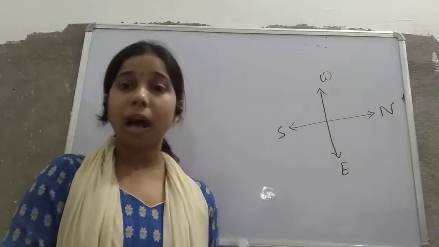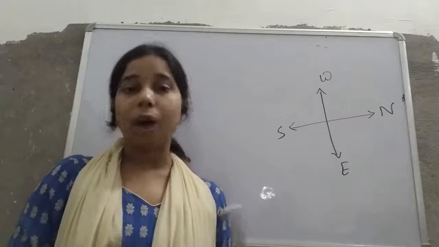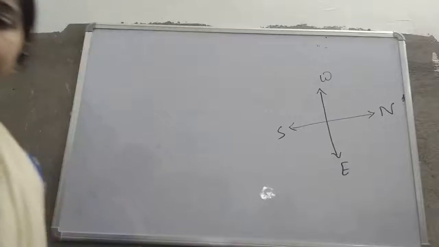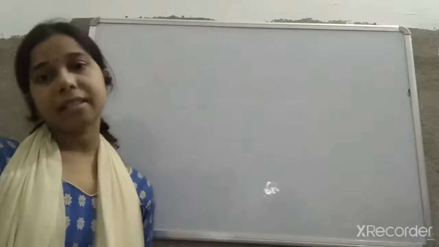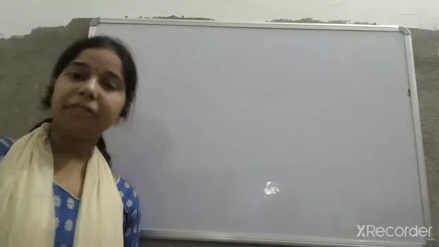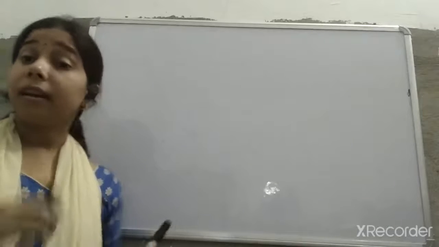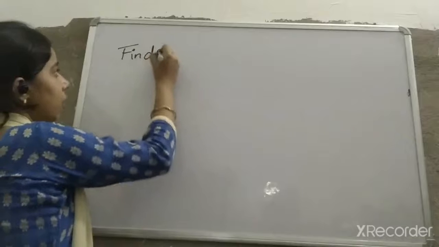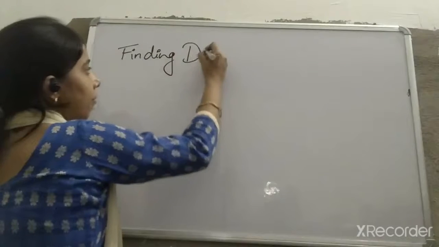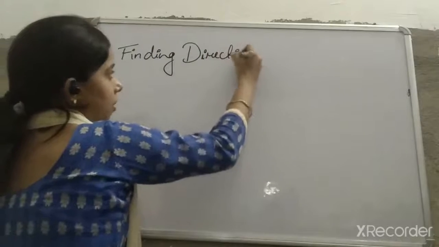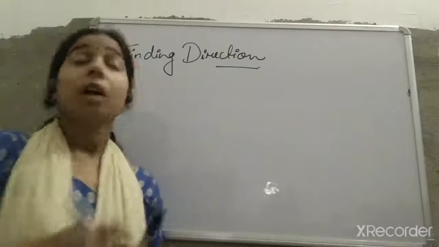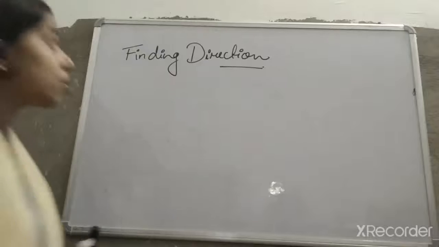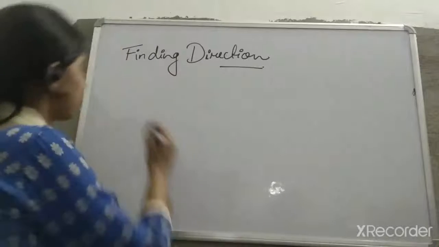So we'll see how this magnet is helpful. How can we use it on the basis of this property? So students, the freely suspended magnet which aligns itself in the north and the south direction helps us in finding the directions. How is it useful in finding the direction, students? So you see, how does it help in finding the direction?